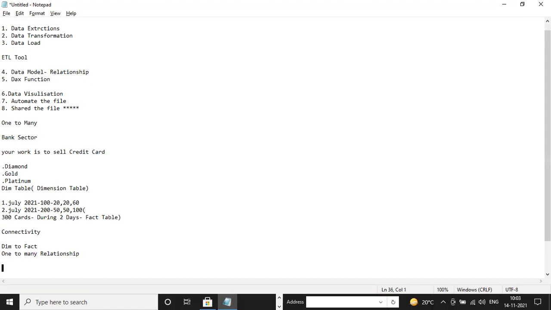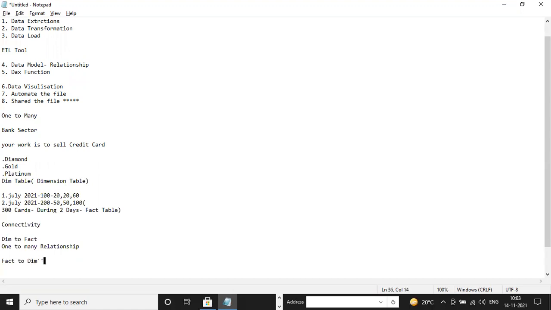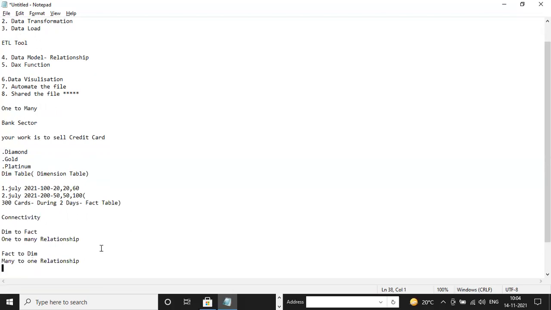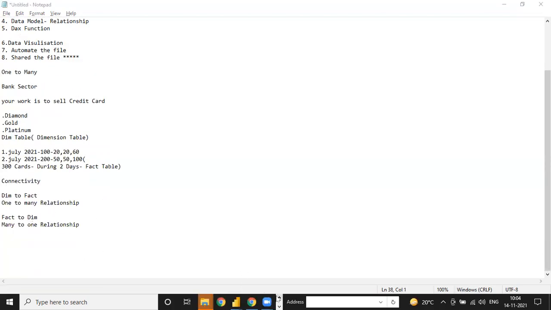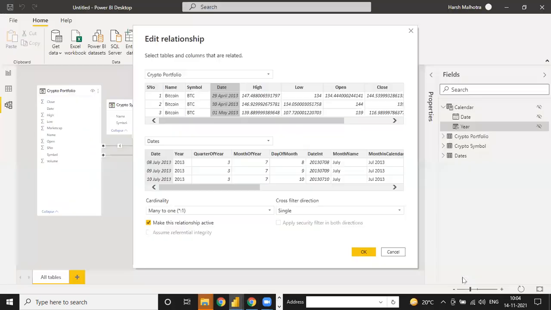And if you connect fact to dimension, it is called a many to one relationship. So now you understand. See here in my case, this is my fact table and this is the dim table. So fact to dimension means many to one. If you select dimension to fact, it is one to many. That is the simple thing you have to identify, many to one and one to many relationship.